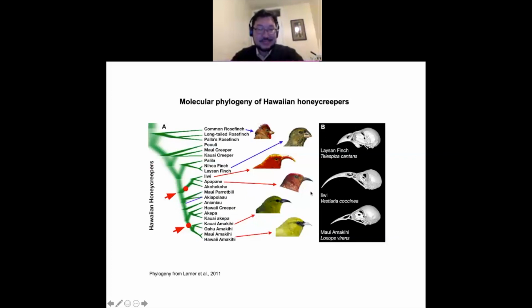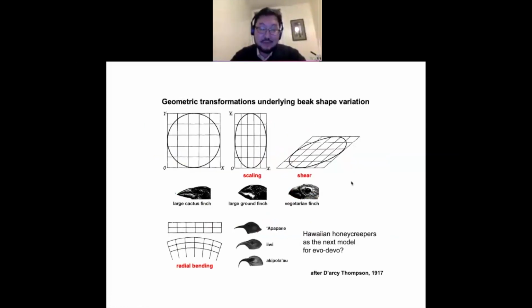The challenge here is that it's not just the bill which is curved. We can explain the Finch bills by using our original model, but how do you explain the fact that the entire bill essentially curves? In fact, if you look at D'Arcy Thompson's book, he refers to this particular type of geometric transformation as radial bending, where the entire structure, it's not just scaled, it's not just bent, it's not just sheared, it actually bends around almost like a circular surface, and that's something that we